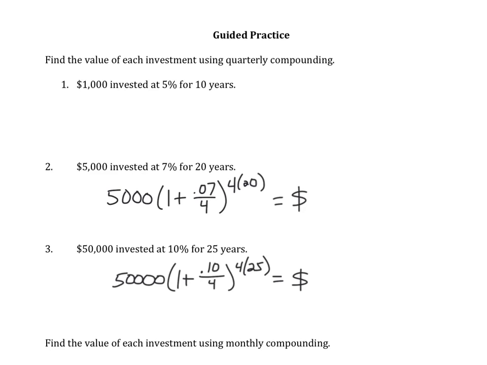individually. So I've set up everything for 2, 3, 5, and 6, but I'm going to go through 1 and 4 from scratch. So number 1, we have $1,000 invested at 5% for 10 years, quarterly compounding. Important thing is to make sure you know what kind of compounding you're dealing with. So quarterly compounding. So if we're compounding, we have to take the $1,000, the initial investment, the initial principal, and